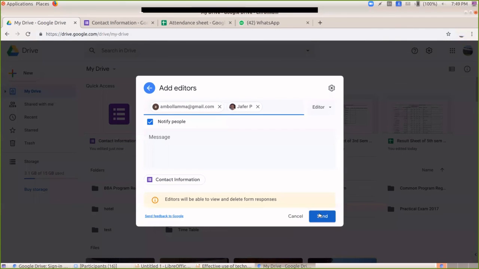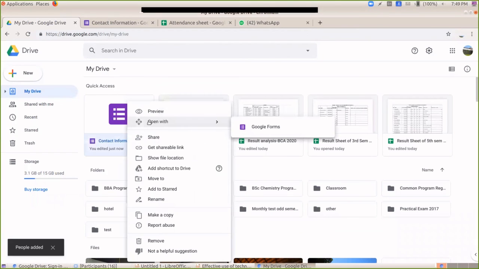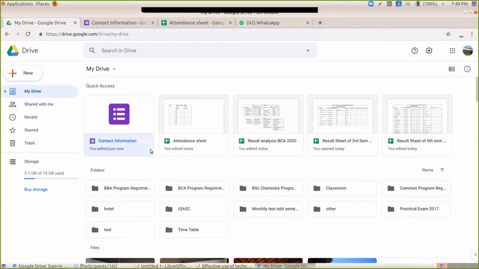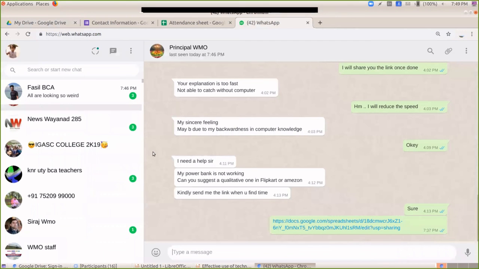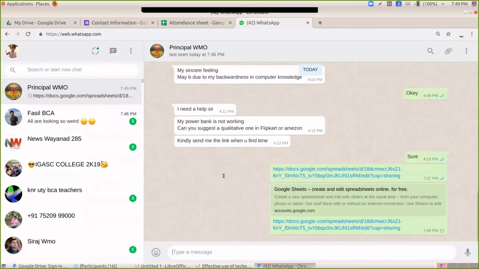So to the college you can send, sir. We can delete it. You can send to the college also. Yeah, I have sent to your email ID. So if I want to get the link, there is an option, get shareable link. So I just copy that shareable link and I'm sending it to your WhatsApp. So now you can see the form.